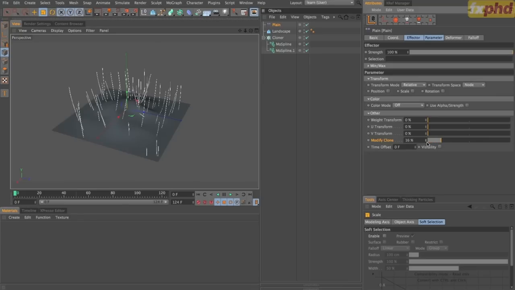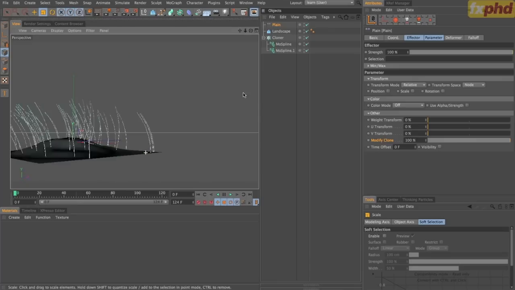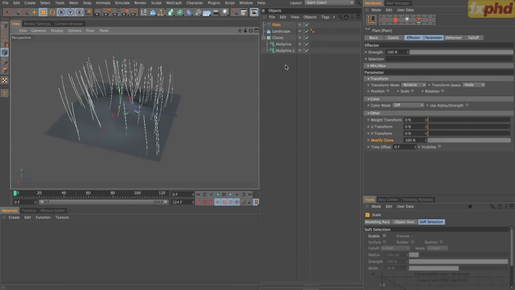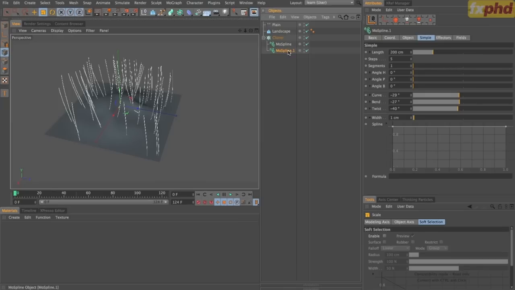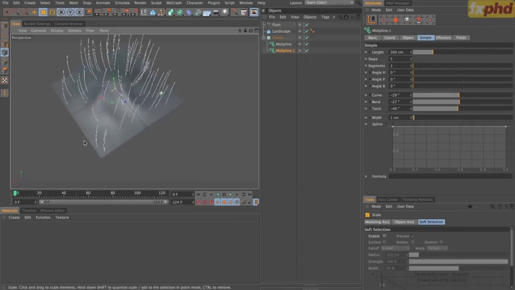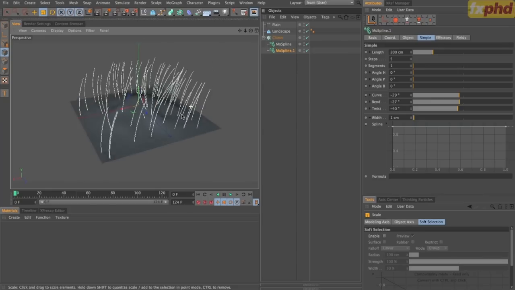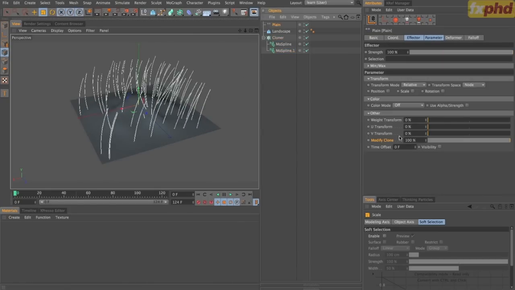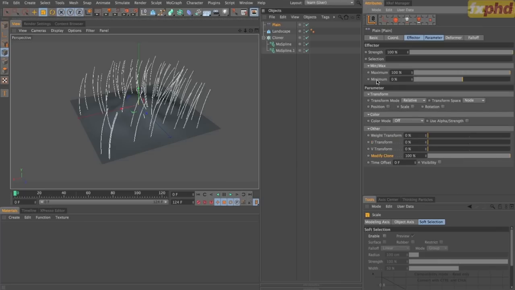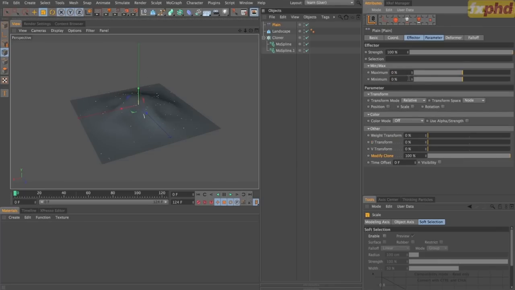So if we just set our modify clone up to 100, you can see that now all of our clones take on the second MoSpline. So they're basically all the full length. Now I want these to all be the shortest length. So on my plane effector, now I've set it to modify clone, I just need to adjust my minimum and maximum settings, and you can see that minimum is 0 but maximum is 100. If we set our maximum to 0, now they all take on the characteristics or the parameters of our first